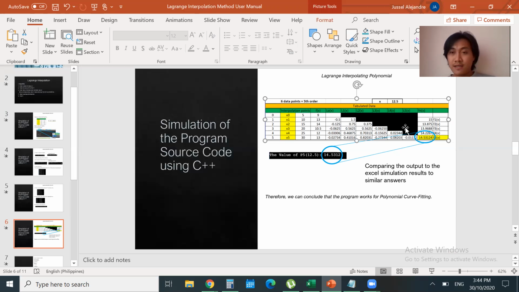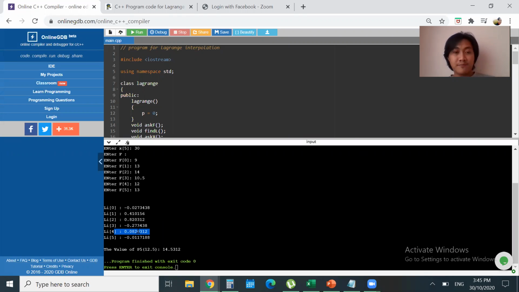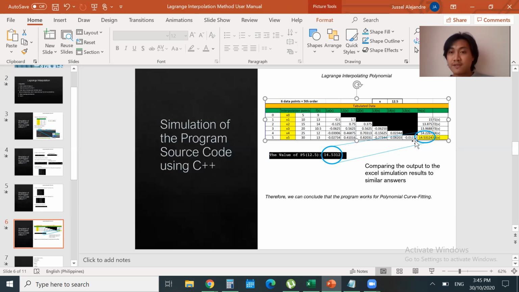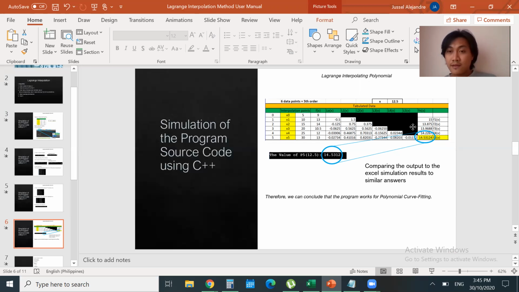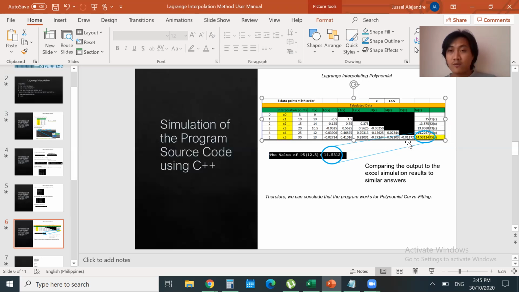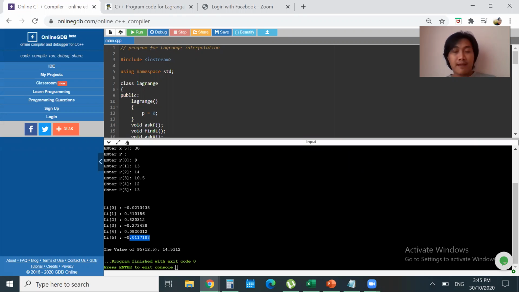For the fourth term, it is 0.08203, same as here. And last is negative 0.01172, also the same as here.